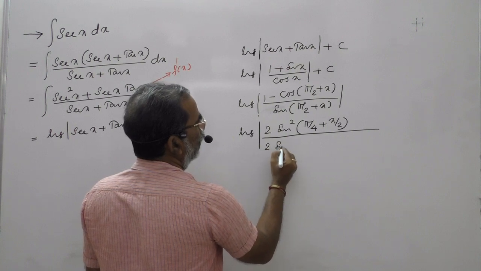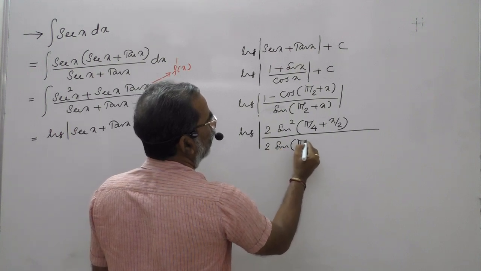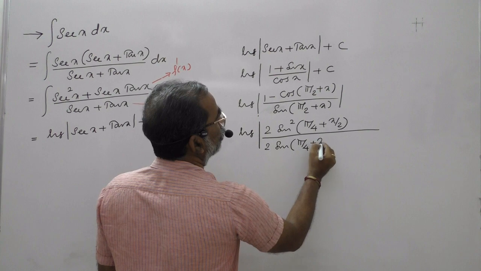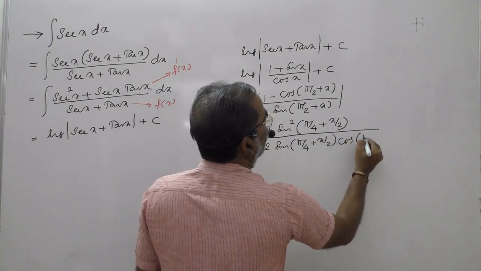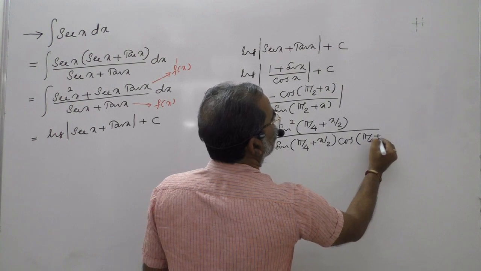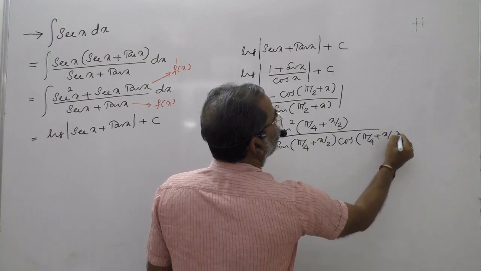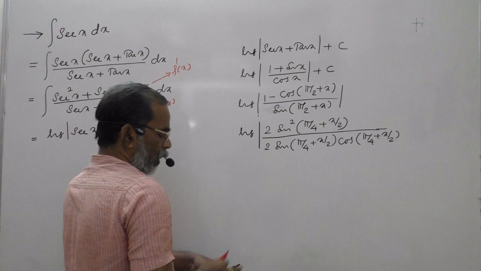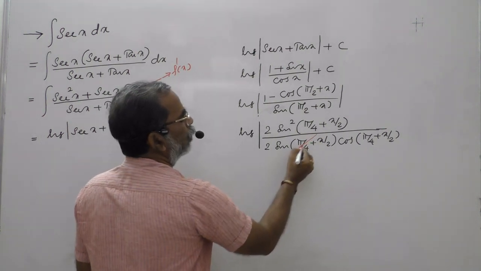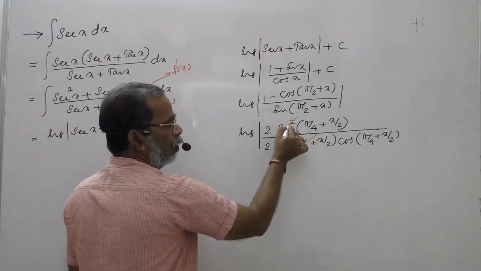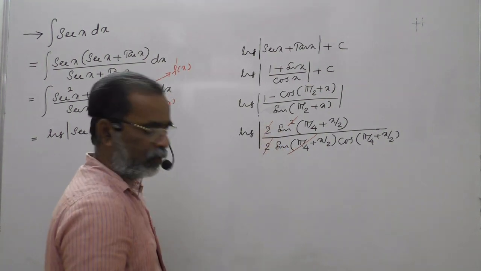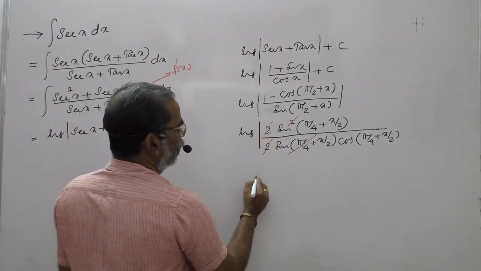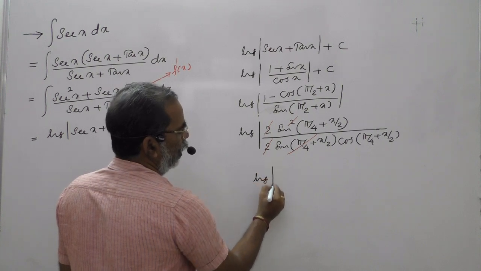It is 2 sin a into cos a, where a means half of this. Yes. Now I can cut the 2, there are 2, no? I can cut 1 and 1. And also I can cut this and this. Therefore, this is log of